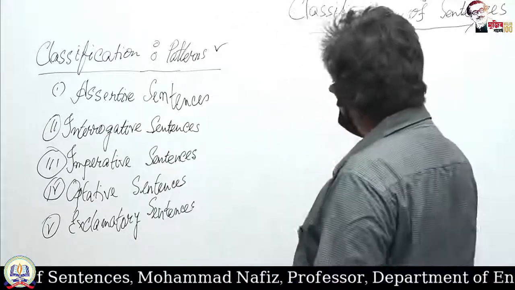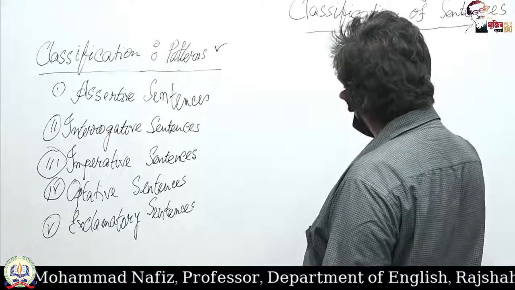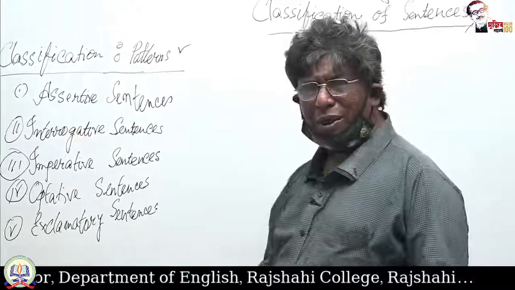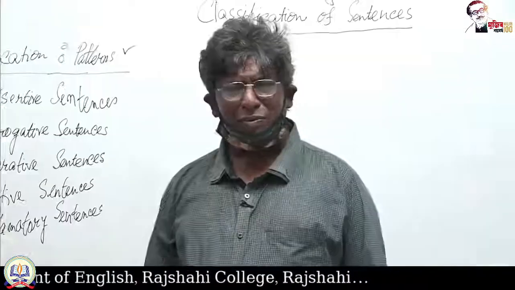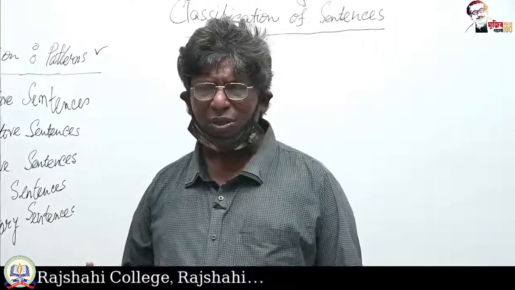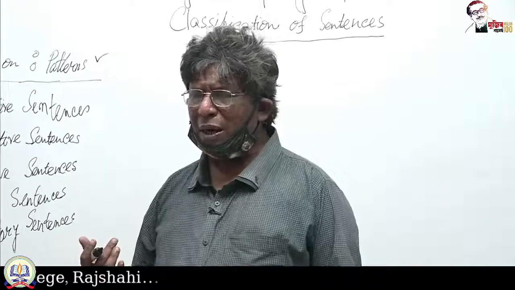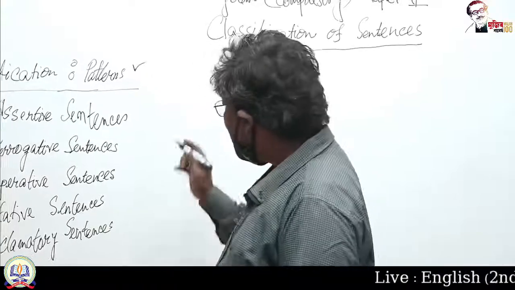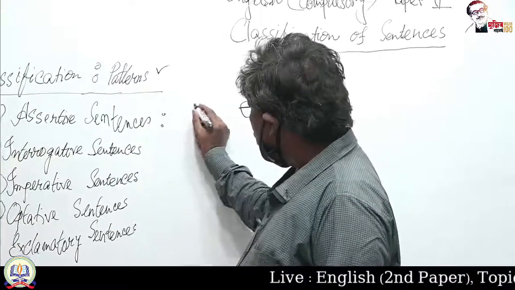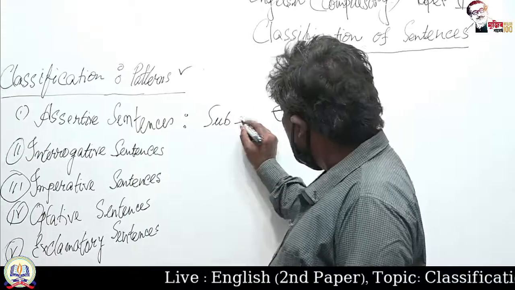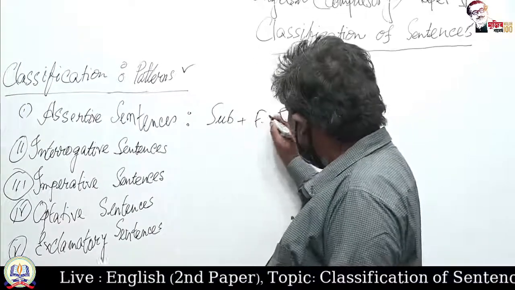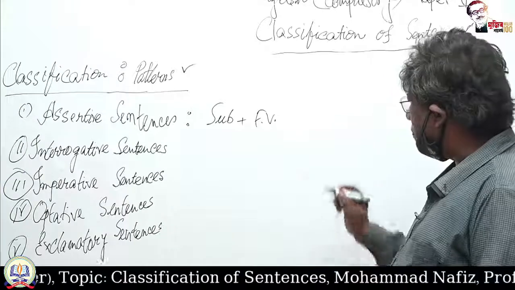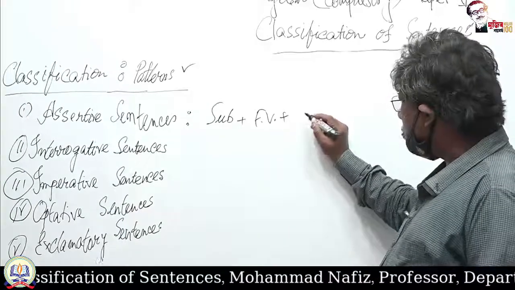Assertive sentences are made of, well, usually we will get some items or elements common in all the sentences, and among the most common ones there is the subject and the finite verb. The subject in an assertive sentence is followed by a finite verb, and that finite verb is followed by